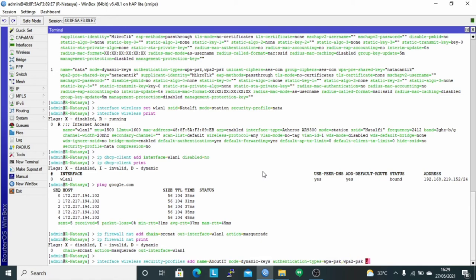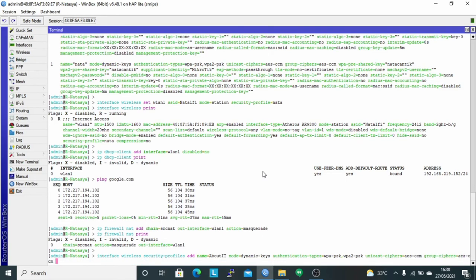And unicast ciphers is AES CCM and group ciphers use AES CCM. And the password is set with the command WPA pre-shared key.